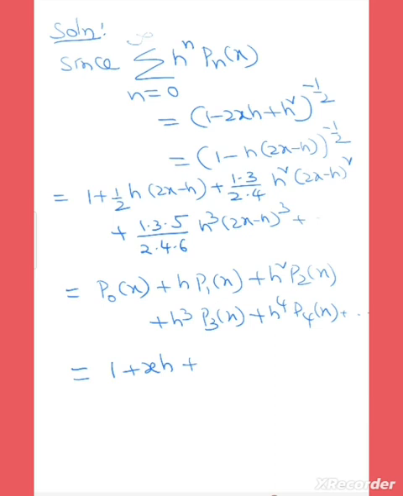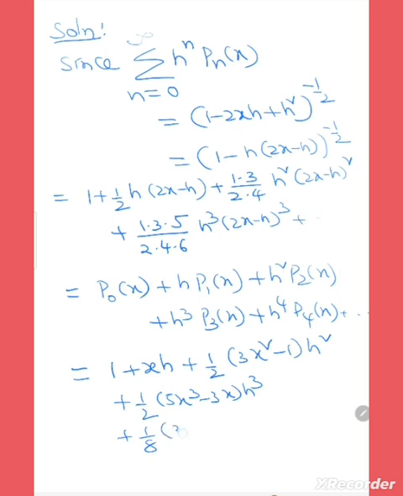So h square is common, so it can be written as 1 by 2 into 3x square minus 1 into h square, and plus 1 by 2 into 5x cube minus 3x into h cube, plus 1 by 8 times 35x to the power of 4 minus 30x square plus 3 into h to the power of 4, and so on. So comparing the coefficients of h, we get